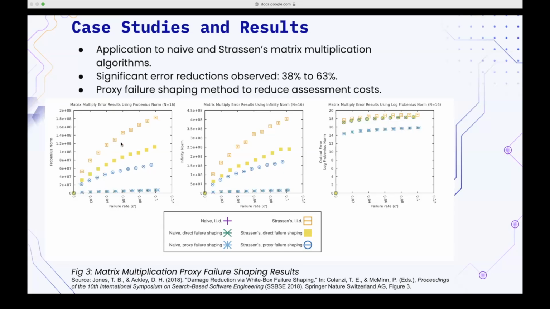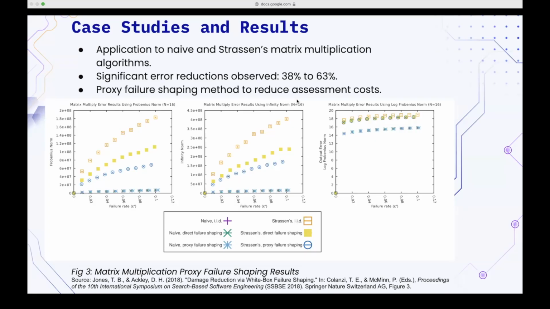So we can see in this graph here, the x-axis represents the failure rate, and the y-axis represents the average error rate. So without any failure shaping, or IID, which is independent and identically distributed failures, the IID model was used as a baseline to measure criticality, and then they used direct failure shaping followed by proxy failure shaping. So yeah, that's for n equal to 16, so 16 by 16, and there are various error parameters